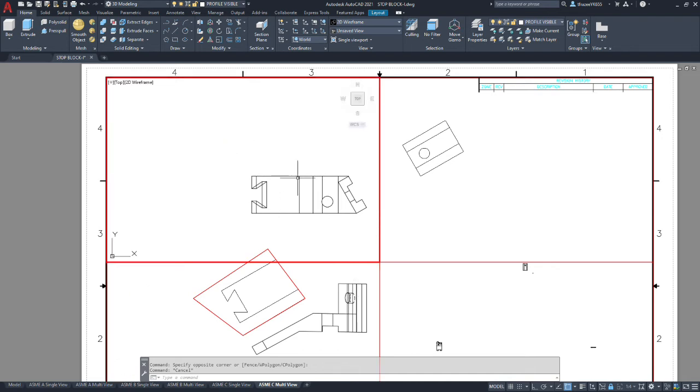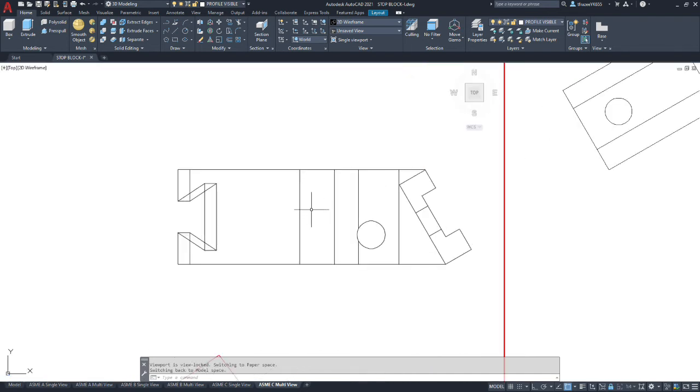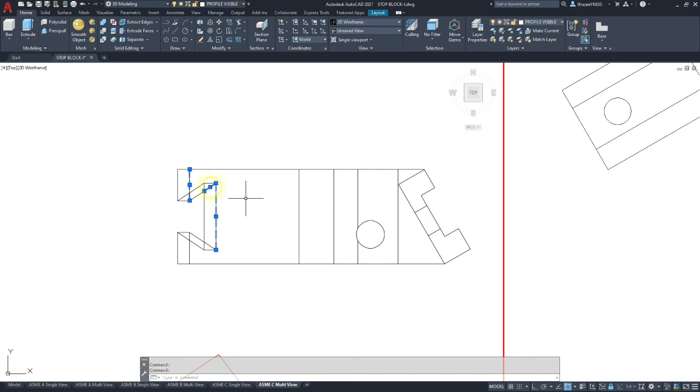So I'm going to work on this first viewport here. This portion there, portion there, portion there, there, there, there.